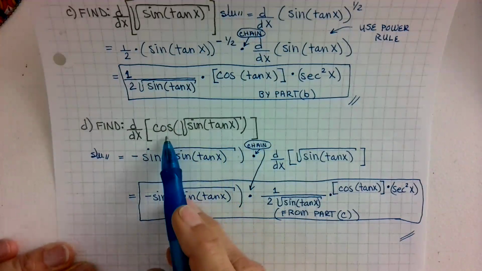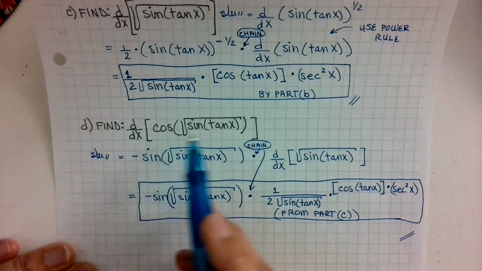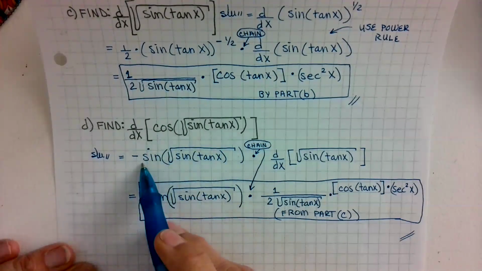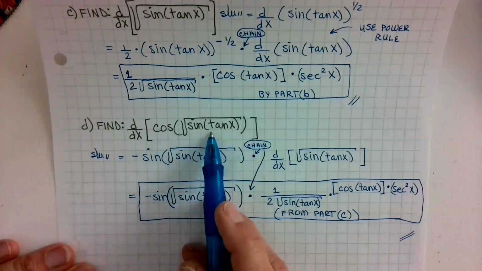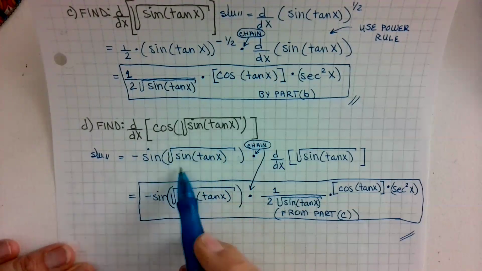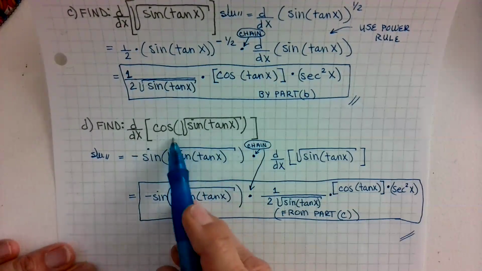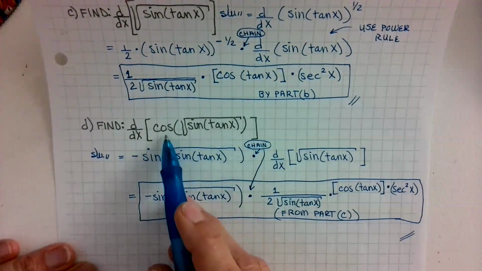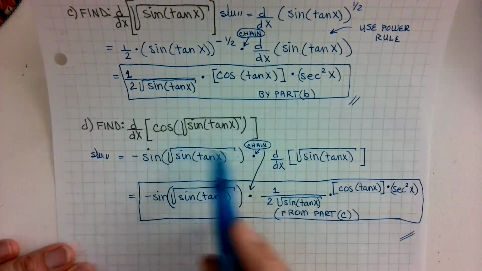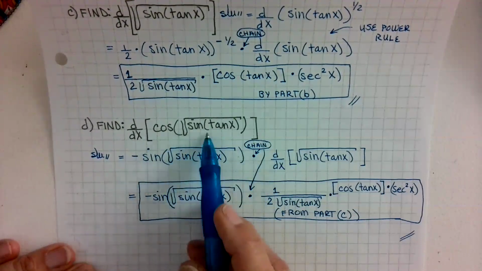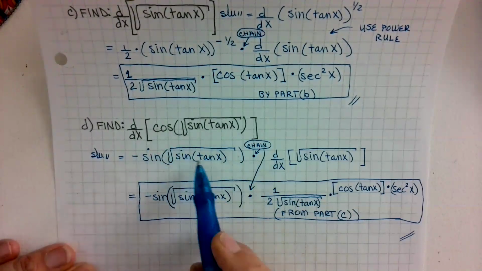So what is the derivative of the outer function with respect to the inner function? Well, the derivative of cosine is negative sine, but this is not cosine x. So this is not negative sine x. It's cosine of this expression. So we start with the derivative of the outer function with respect to the inner function. Then we're going to hit it with a chain. So derivative of cosine of this mess is negative sine of the same mess